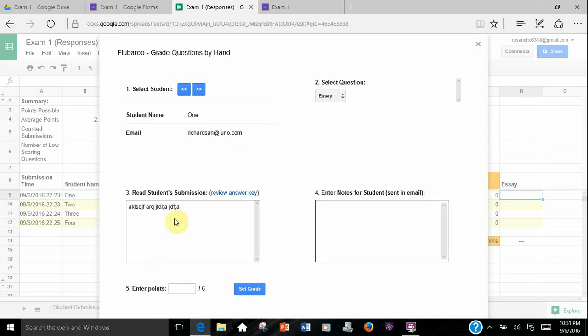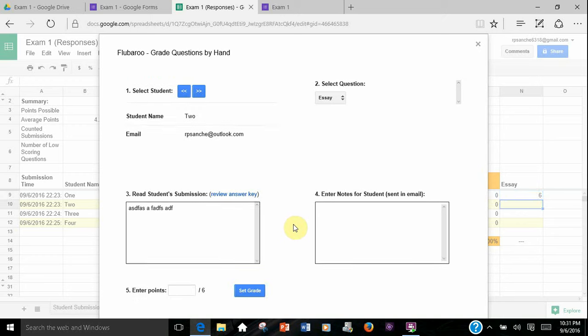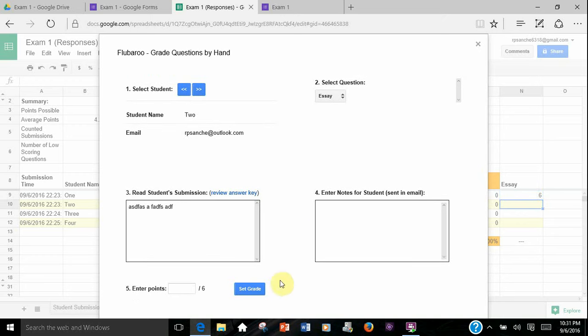Our next box is if you want to add a comment, you could say good job. And here, if you want to enter the points, let's just say this student got them all right, or you give them full points for the whole essay, and you hit set grade. Okay, it processed that, and it goes on to the next student. Right here is student 2,